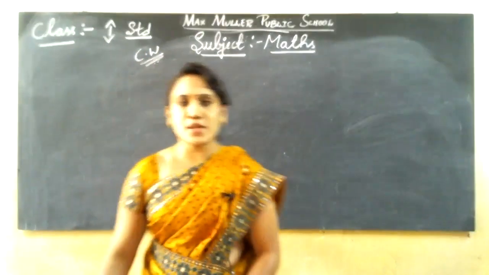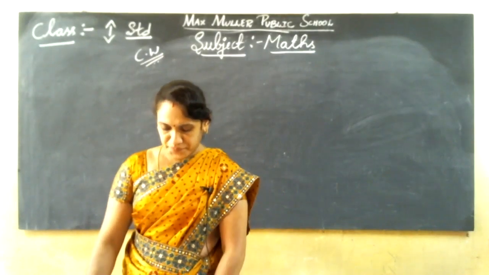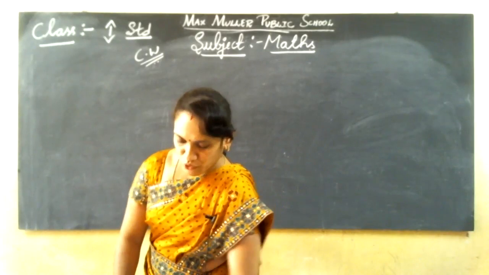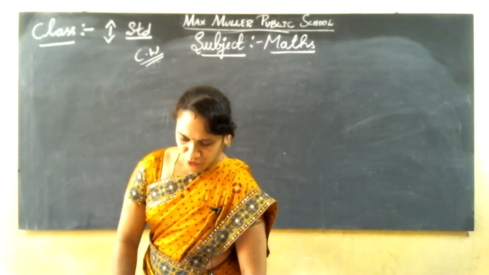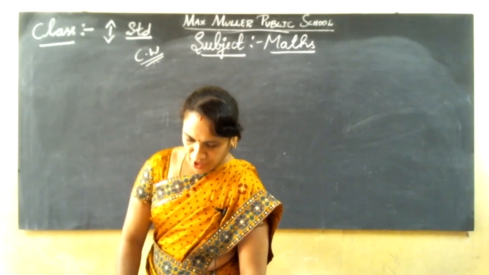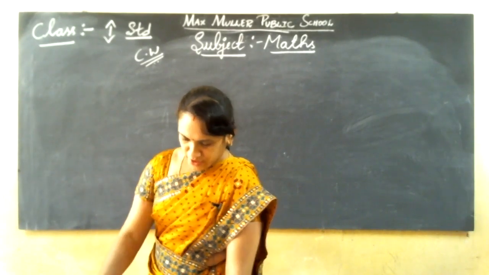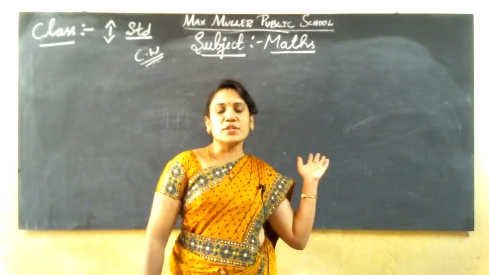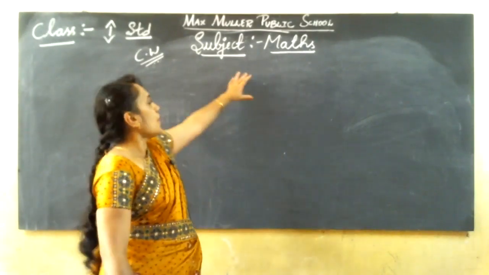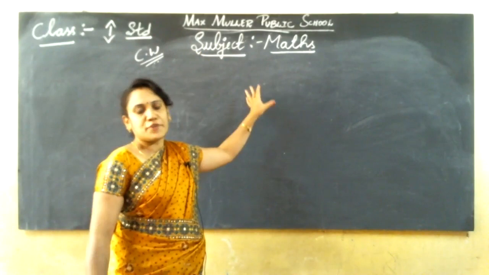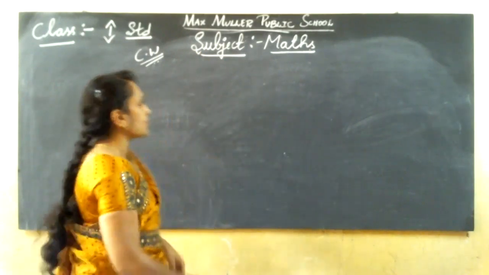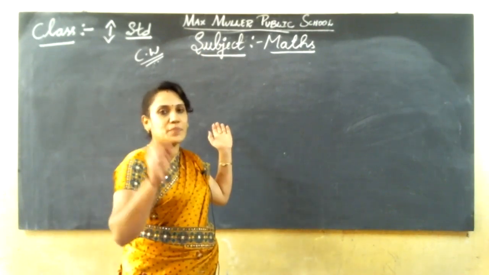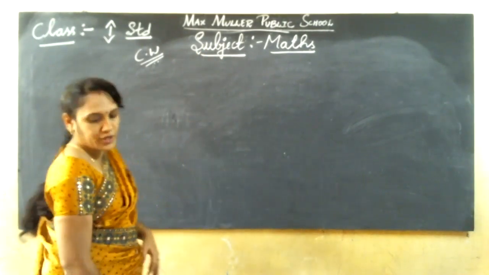Up to how many mains did we do in the previous class? We did up to in-between numbers, then the 4 tables, before numbers, after numbers, 501 to 600 numbers, then tables 2 to 4. Everything finished, isn't it? Now we'll continue on the next page. Keep ready Max classwork, fresh page. Fresh page means new page. Keep ready and continue with the classwork. Shall I start, children? Take out the classwork, keep ready with a sharp pencil, then start writing.